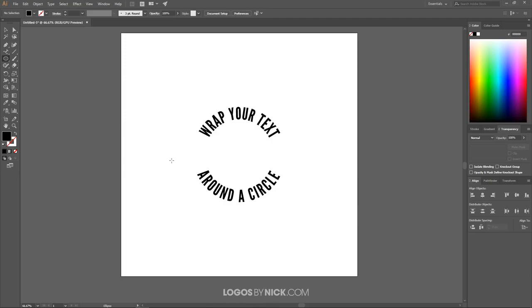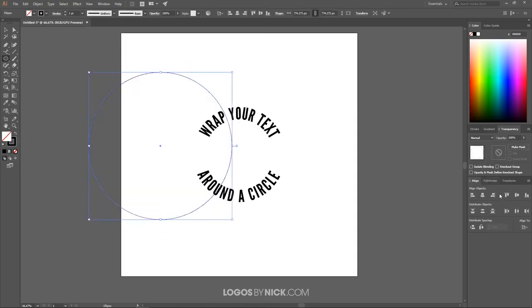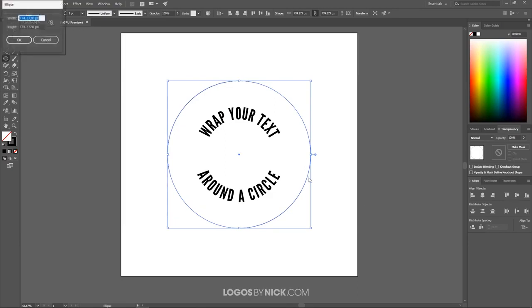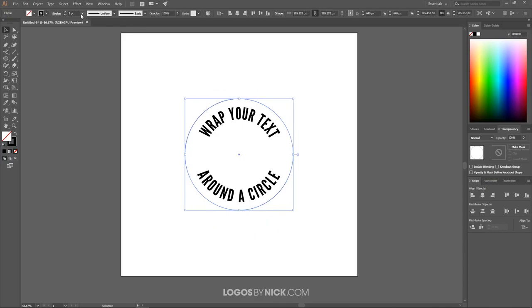And what you can do now is go ahead and create another circle. Let me flip that around, center it up on the canvas like that. Whoops, didn't mean to do that. Bring that down a little bit like that. And I will give this a bit of a bigger stroke. And there you go. That is how you can go about wrapping your text around a circle or any